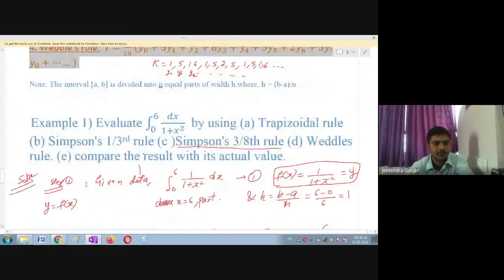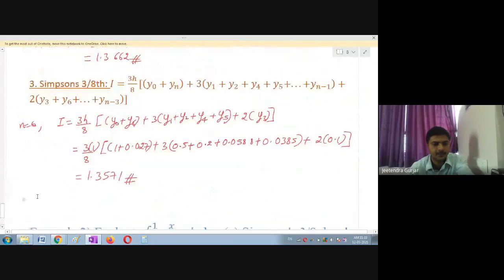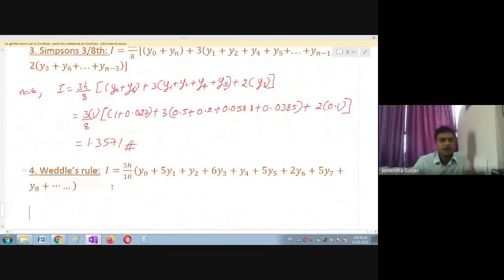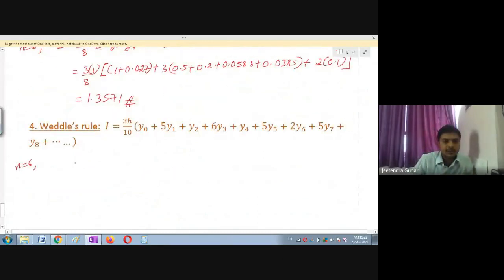Okay, so I will substitute the values here. Here I have Weddle's rule. Now rewrite the formula like this. N is equal to 6, I will take. So this is I is equal to 3h upon 10. Remember, 6 means till here I should finish. So I'll write as it is: y0 plus 5y1 plus y2 plus 6y3 plus y4 plus 5y5 plus 2y6,